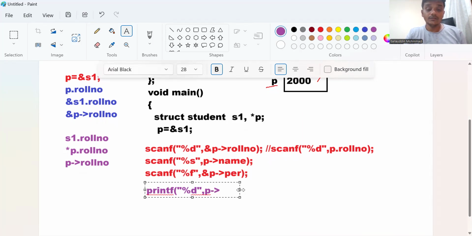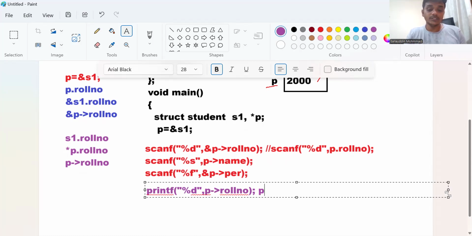The component operator, hyphen greater than operator, followed by roll number. So roll number is used to print the roll number directly. So what is another alternate approach? Another alternate approach is printf